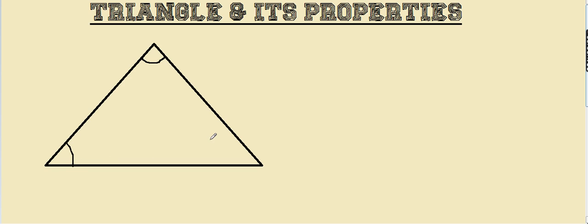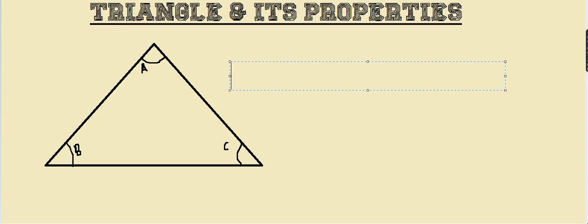Suppose I take the first angle, name the first angle A, second angle B, and third angle as C. So you will always see that A plus B plus C, that is angle A plus angle B plus angle C, is always equal to 180 degrees. Hope you have understood by now the basic concept of a triangle and their angles. I will do some sums with you so that things become easier for you to understand.